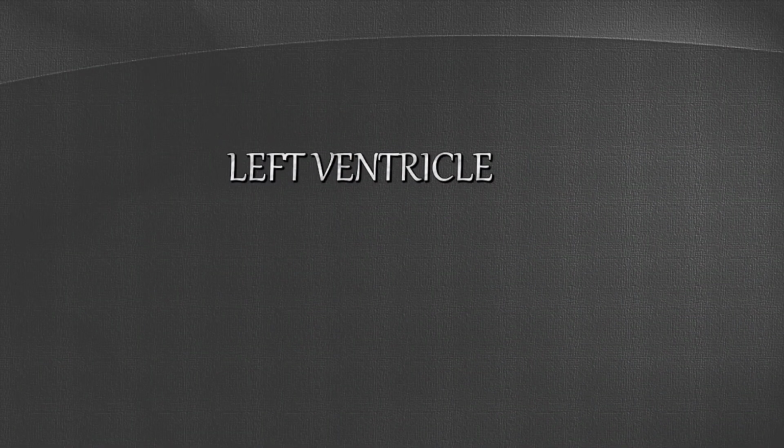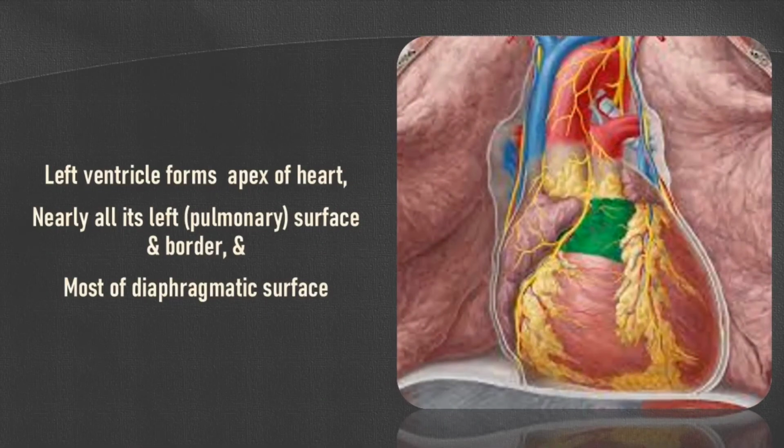Left ventricle. The left ventricle forms the apex of the heart. You can see the apex of the heart is formed by the left ventricle. Sorry, not base, but apex of the heart. This is the apex of the heart. This is the base of the heart. The base of the heart is mainly formed by the left atrium, and the apex of the heart is formed